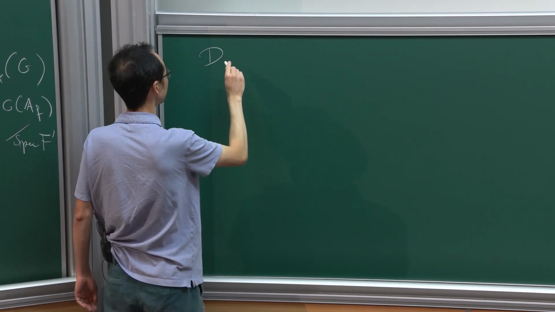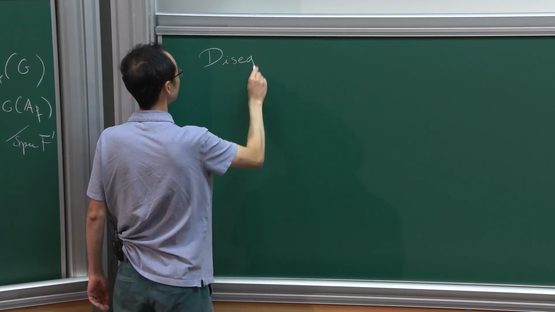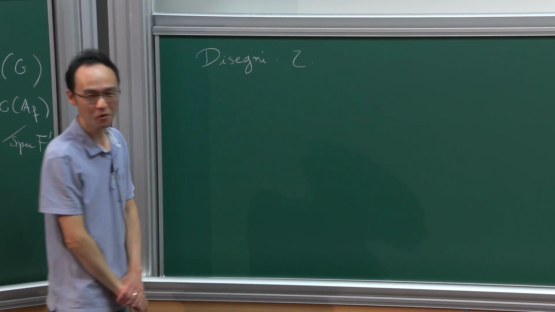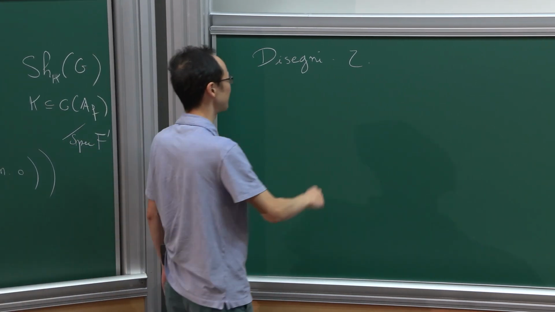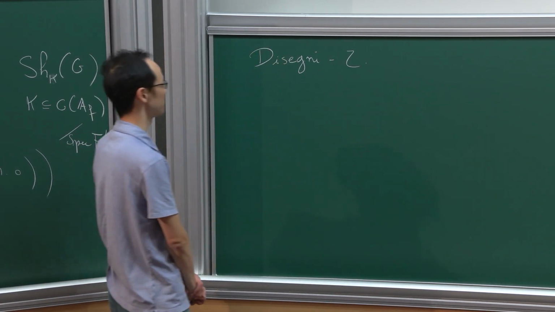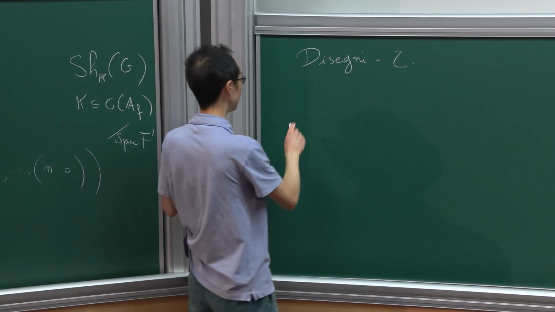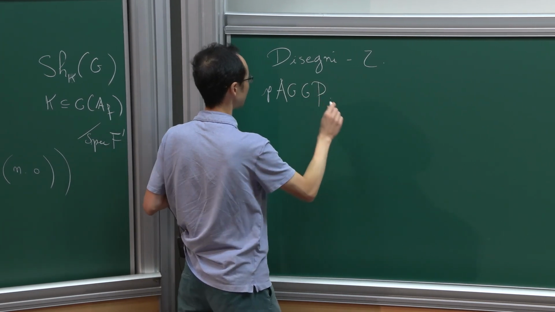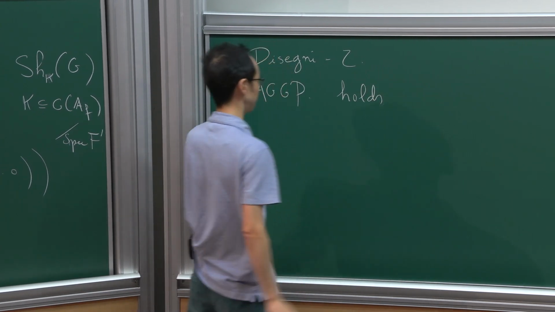This is joint work with Daniel Disegni. This is still work in progress. We were hoping to finish a few months ago, but we're still writing the paper. So roughly we can prove the p-adic version of AGGP. So it holds